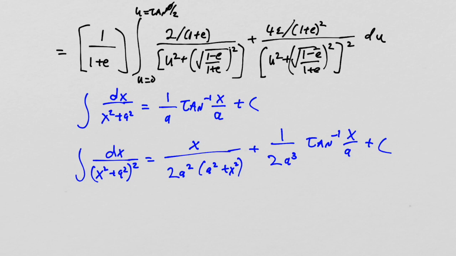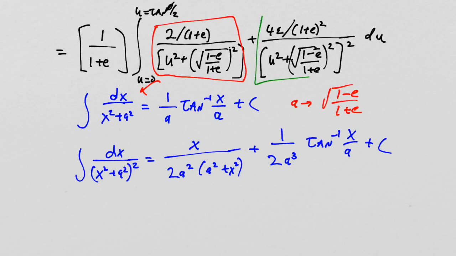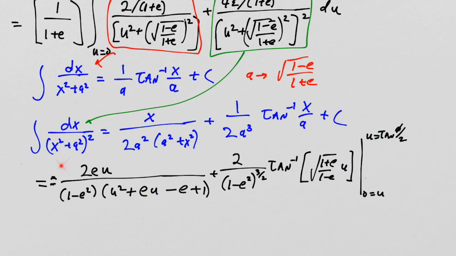Okay, so this integral is going to solve this one, right? This part here is exactly in this form where a is the square root of (1 minus e)(1 plus e). And likewise, this piece here is exactly in this form with the same a, by the way. So let's execute that integral. And this is my calculation,